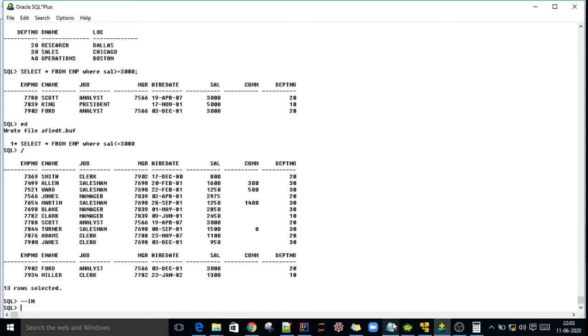first we'll clear this, CLSCR, clear screen. Okay, SQL*Plus command, this one.